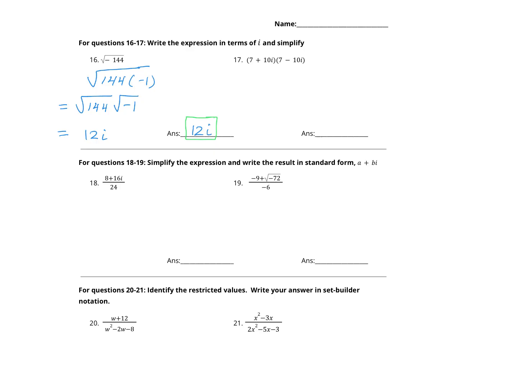Next up, we're going to multiply and simplify down. Once again, this is a FOIL problem. So multiplying the first, 7 times 7, we know is 49. We actually saw that earlier in this lesson. 7 times 10 is 70, so that's a minus 70i. The middle is 10i times 7, that's plus 70i. And then finally, minus